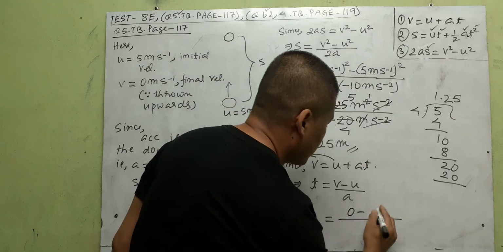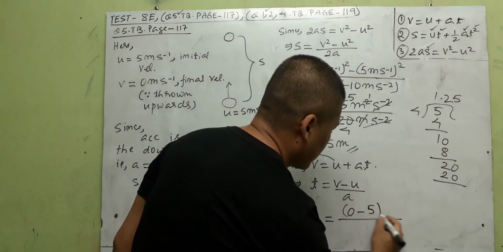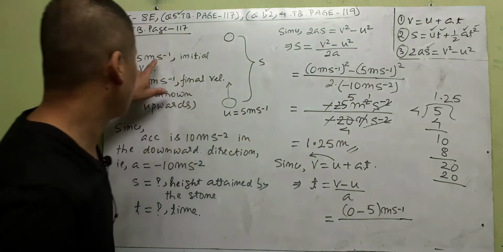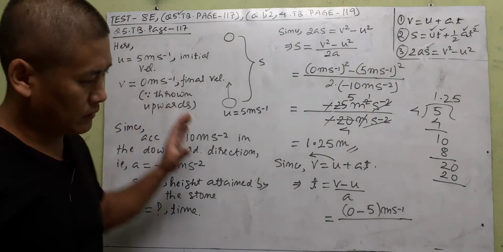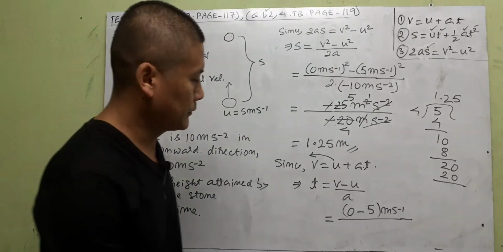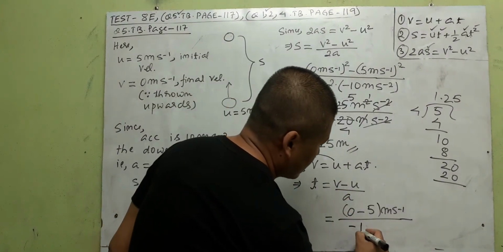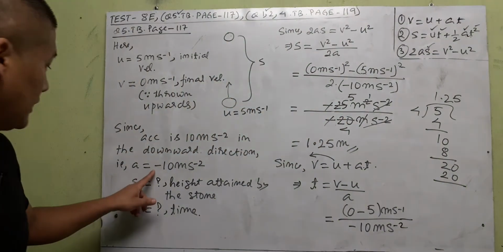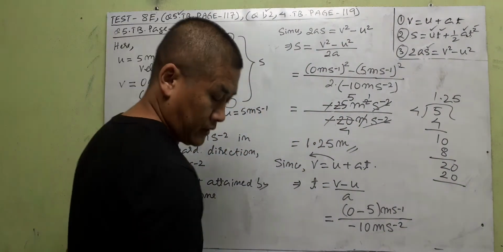So 0 minus u is 5, and the common unit, you can take out of the bracket, meter per second. See here, these two common units, you can take out of the bracket as a common factor. And a is minus 10 meter per second square, as you can see here. So next, it will give you here,